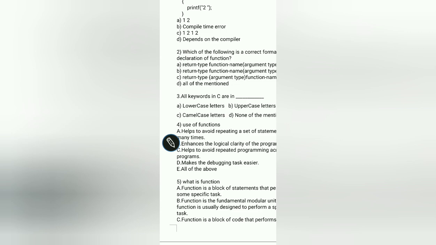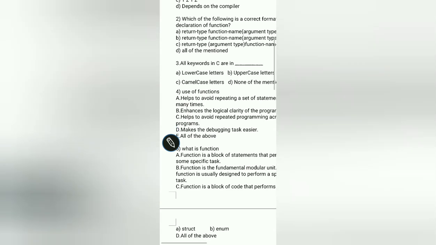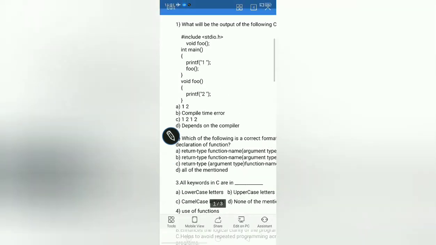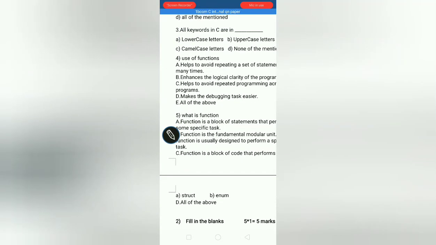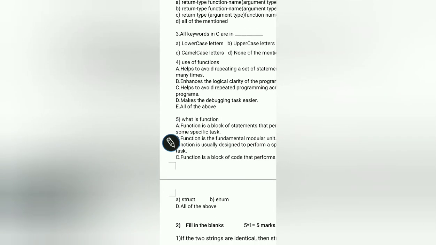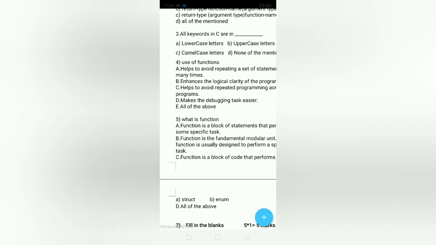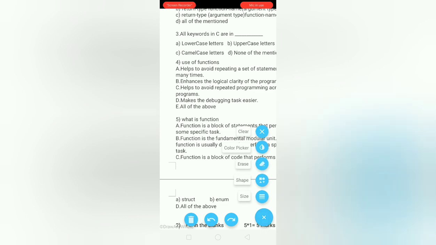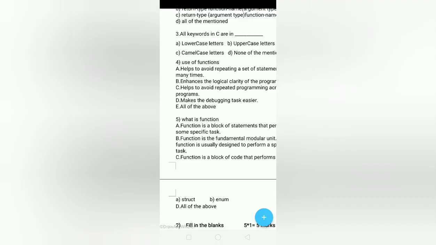Okay, just see here, I am writing with the help of my finger, but I am unable to write anything on the screen. For this, again press on this pen icon. Here you will get a plus option, press on plus, go to shape and click on pen. With the help of the pen you can directly mark something on your mobile screen or a document.